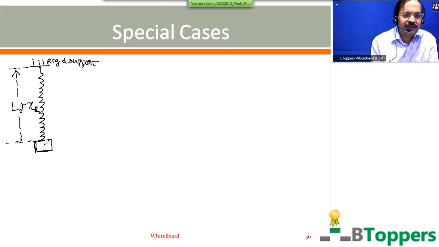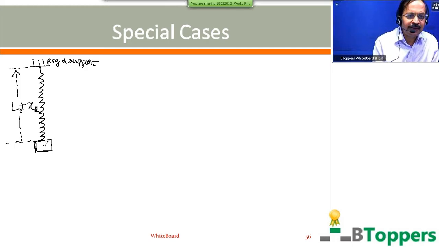So next, a constant force F is supposedly applied on the block vertically downwards. I am going to discuss how to calculate the magnitude of velocity of the block at any instant during subsequent motion, and how to find the maximum displacement of the block from this initial equilibrium position.